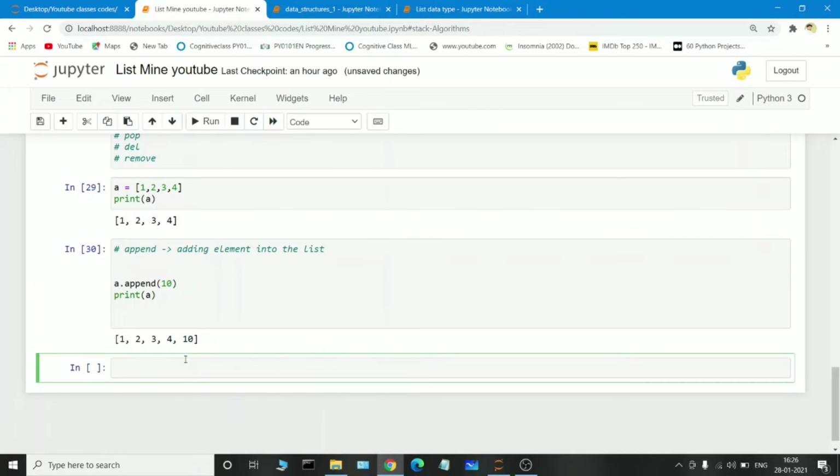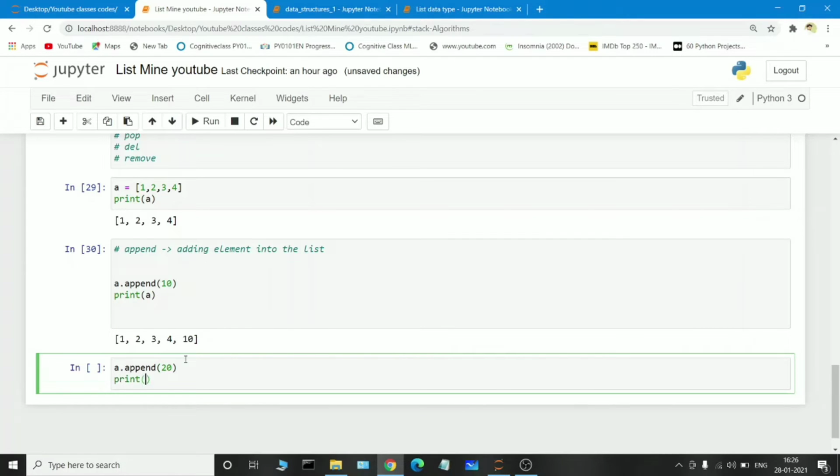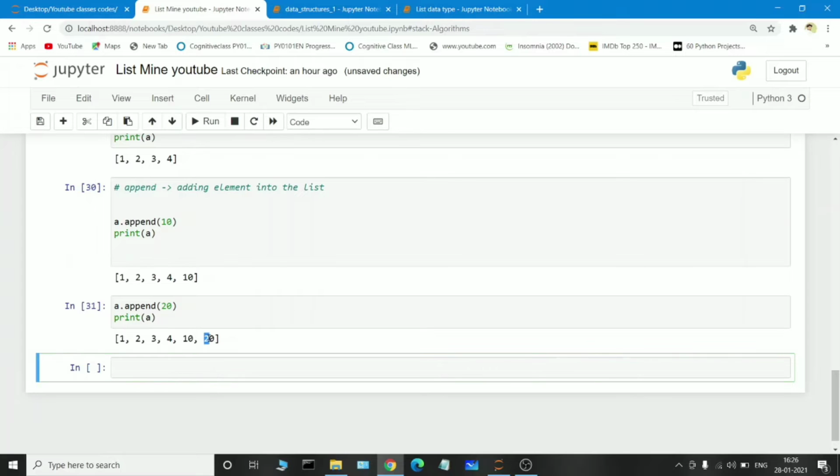If I want to add another element, 20, and I print A, see, 20 is added at the end.